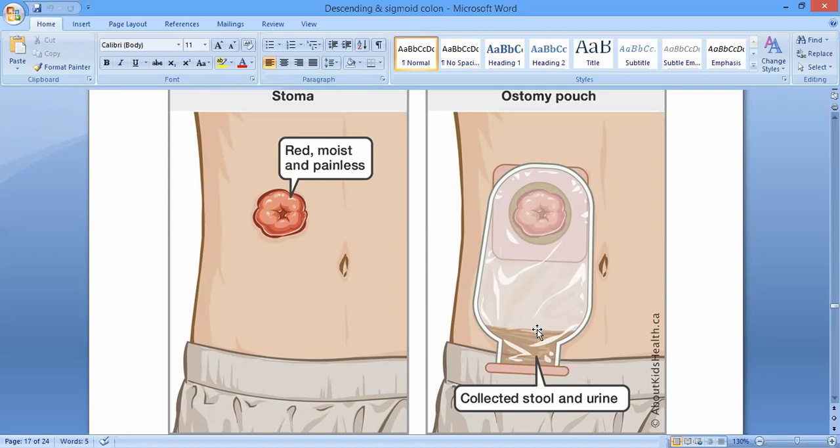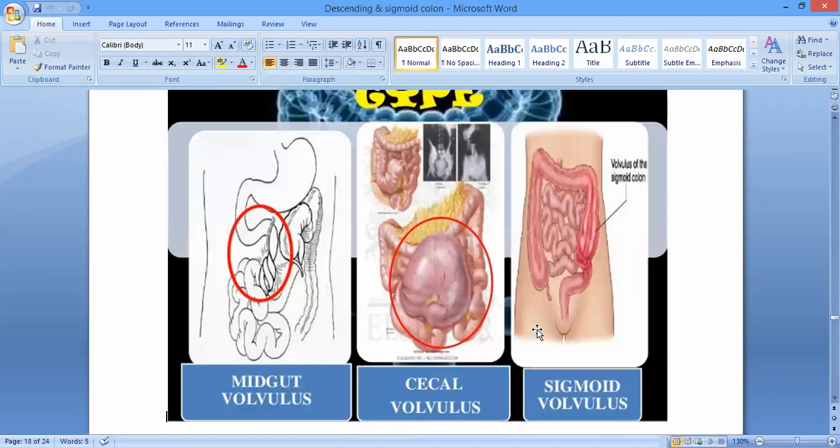Okay, then. No, sir. Okay, another thing is a volvulus. Volvulus is basically the twisting of a loop of the intestine around itself or around its mesentery, so it is going to lead to what? Then the twist होगा तो क्या होगा? There will be bowel obstruction, the content of that part of the intestine will not move forward. So the bowel obstruction होगी तो patient क्या करेगा? Patient will come to you with the